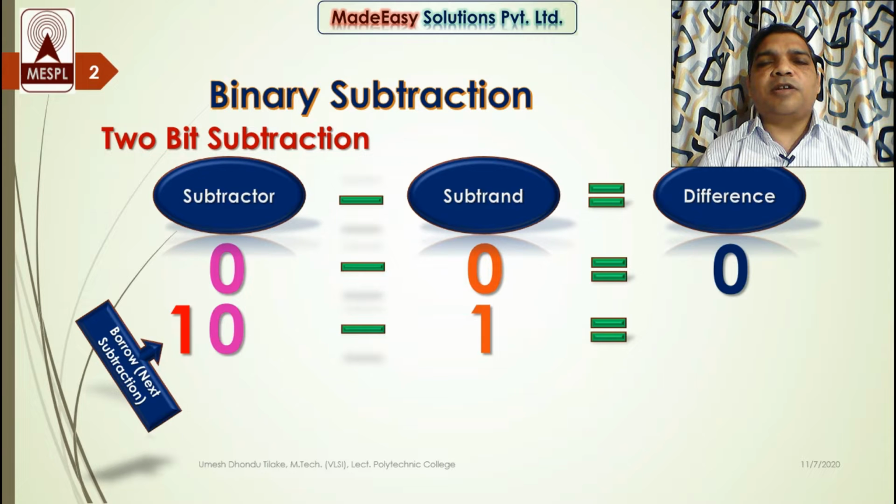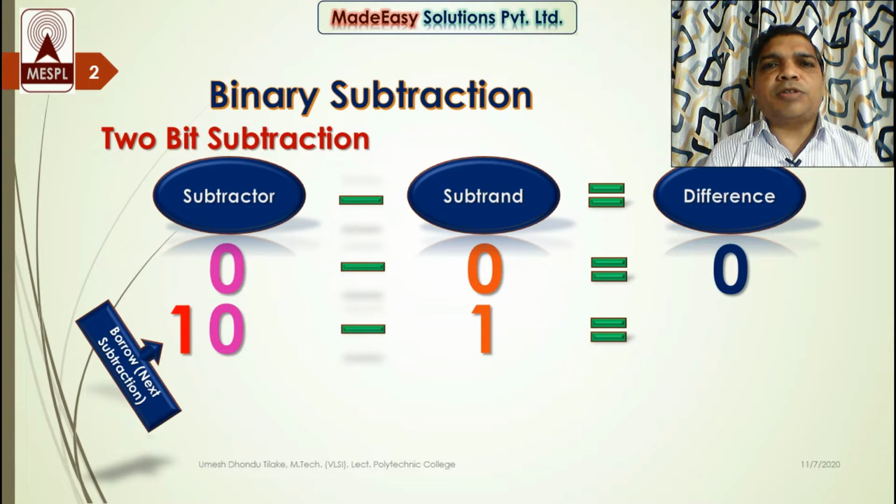So all the next significant bits have weights that are powers of 2. That means the bit placed at the unit position has a weight of 2 power 0 is equal to 1. The bit placed at the next significant position has a weight of 2 power 1 is equal to 2. The bit next to it has a weight of 2 power 2 is equal to 4, and so on. That means every bit has a weight of a power of 2. As we move from right to left, the weight of bits goes on increasing in multiples of 2. That's why these codes are also known as 1, 2, 4, 8 codes or 8, 4, 2, 1 codes. So now can we subtract 1?